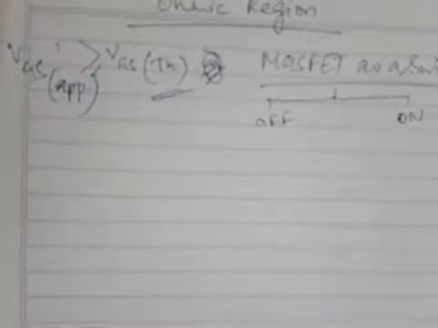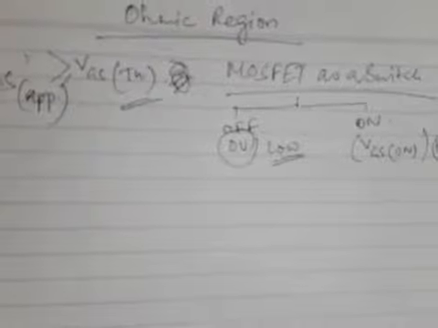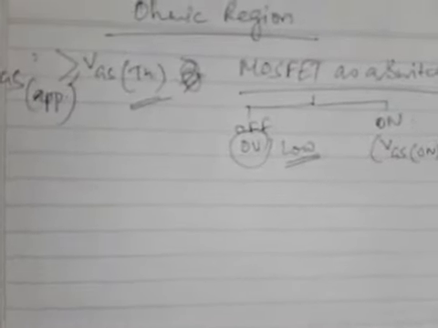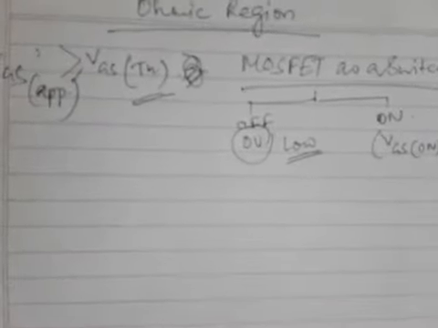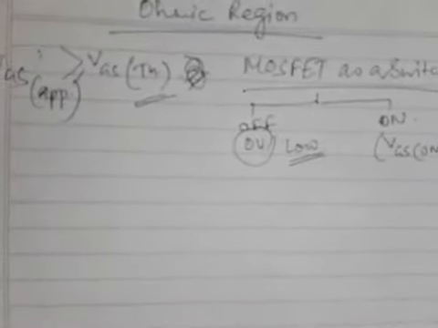You know already that a switch has two states, off and on, and typically we may specify 0 volt as the low switching level and VGS on, which is the on state of the MOSFET, as the high switching level. We can specify these for its switching action, so that the MOSFET can be called to act as a switch. These values can be found in the specifications or data sheets of the MOSFET.